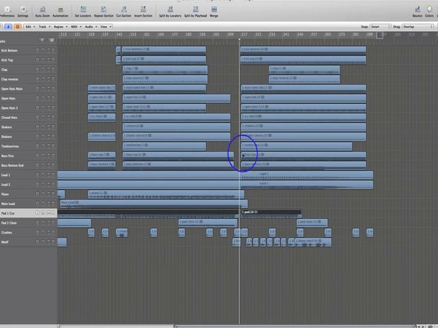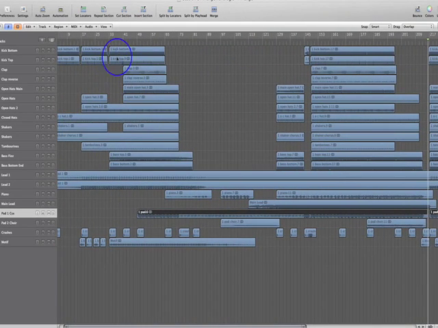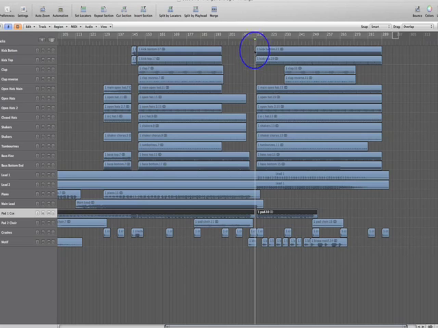Now you notice that we don't have to work to build up section A again, the same as we had to work to build section A down and slowly introduce and build up section B. We don't have to do that with this part, because the public are already aware of part A. They've already heard it, so they know that when we finish with part B, we're going to go back to part A anyway. So we can do that rather abruptly. It doesn't really matter. So just have a listen to that.